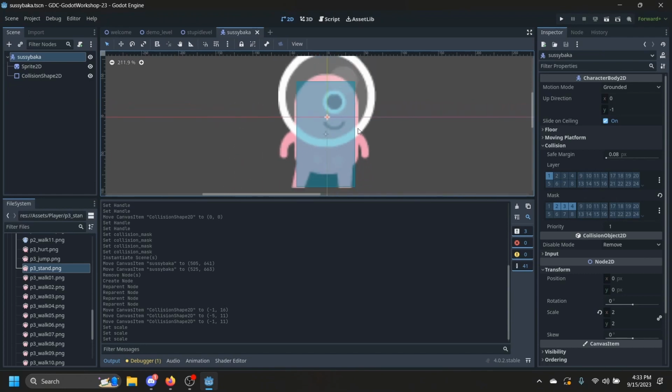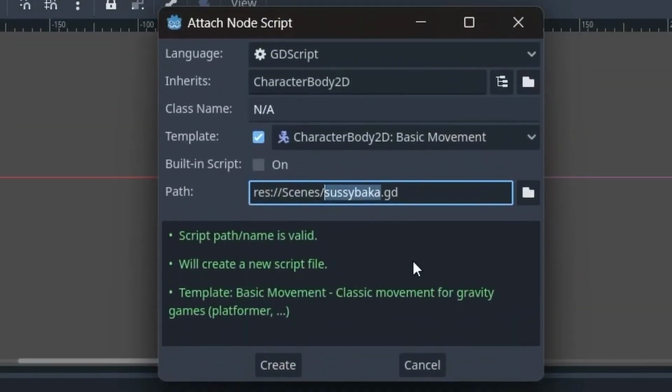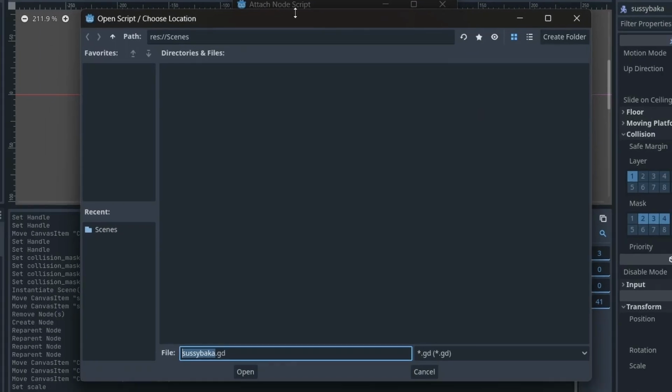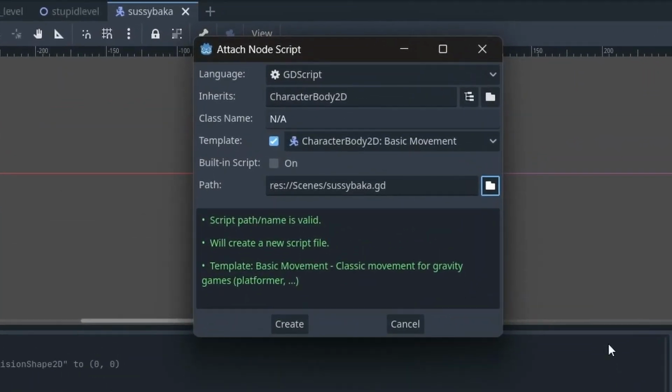Okay, so let's get this guy moving. If we want to add a brand new script to a node that we have, on the very top where the scene is, there is a little scroll icon with the plus sign. We can attach a new or existing script to the selected node. So we're going to attach a script specifically to the character body. We'll hit plus, and it's going to bring this up. Let's say you already have a script written and you just want to attach it. Instead of making a new one here, you could hit the browse or the folder, and find the script you already wrote. But in this case, we're going to write a brand new